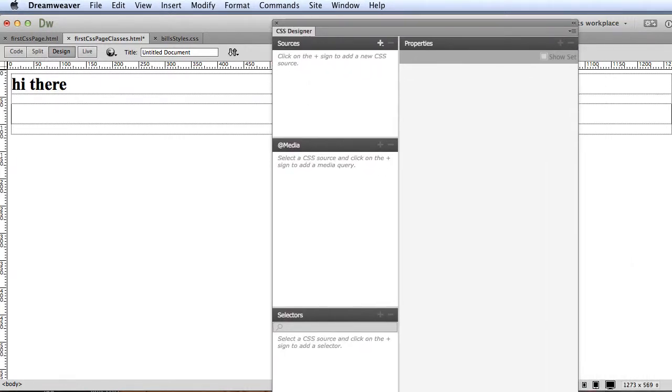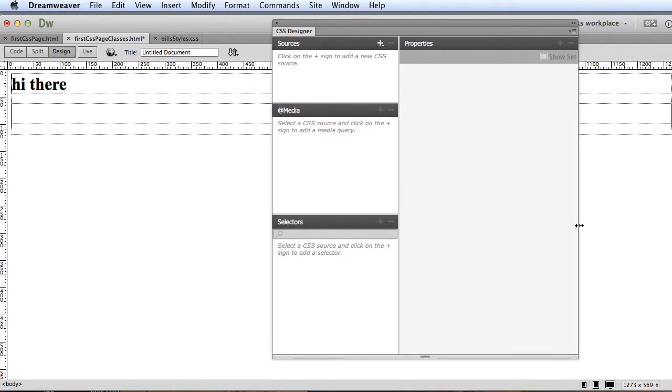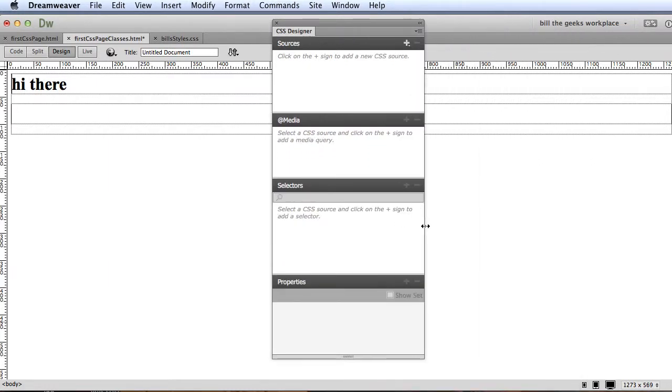Now, the CSS panel, when you first open it, it'll look like this. It has what sources you're directing to, your media queries, we'll talk about those later, what selectors you have, the properties of any selectors. But if you make this thing a little bit wider, it's very handy,